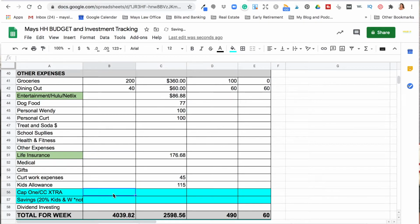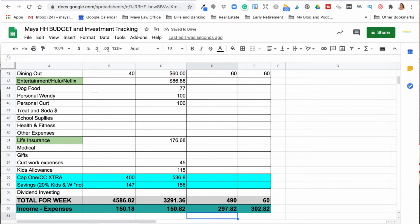And these, what I'm going to put in the savings, I'm going to target these amounts. These may have to get adjusted as the month goes on, but for right now, these are my goals for the month, and we're going to have to adjust these in a second anyway, because I have some extra expenses that we're going to need to put in. Uh-oh, where did I? Okay, let's see here. 147. And all right, so I'm missing